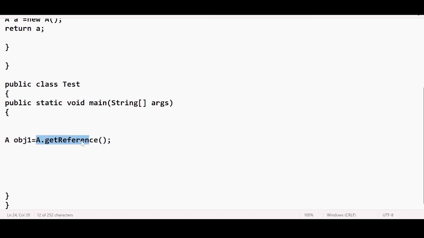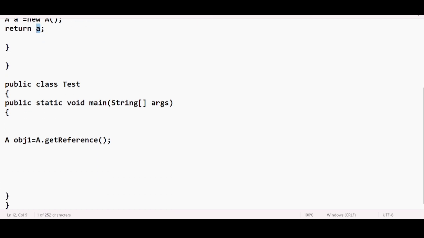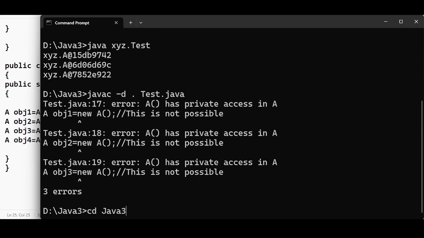What is happening here because of this instruction? The getReference method is getting called, and the moment you call it, it returns an object reference. If you call this method three times, first time, second time, and third time, we think the object is not created directly, but we are able to create the object indirectly. Still, three memories are getting allocated. Why always three? You can take any number, four new memories will get allocated. Where is the proof? If I run this code,